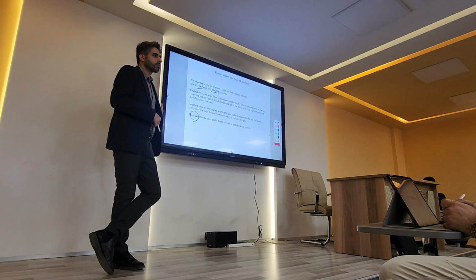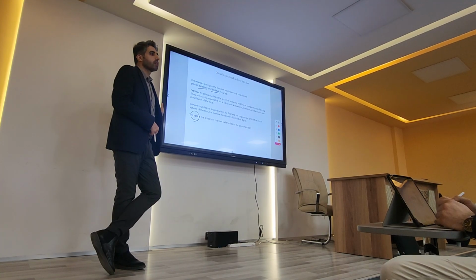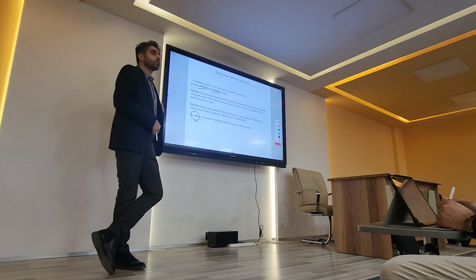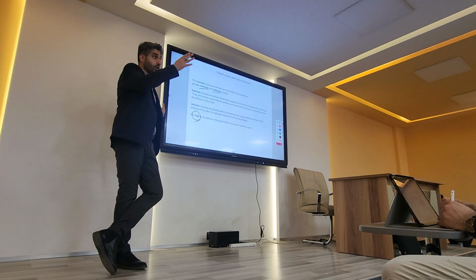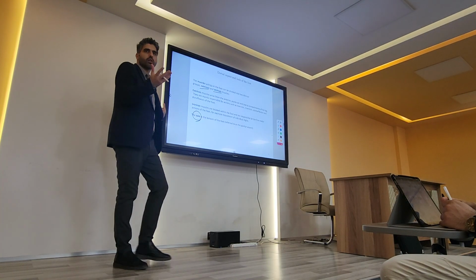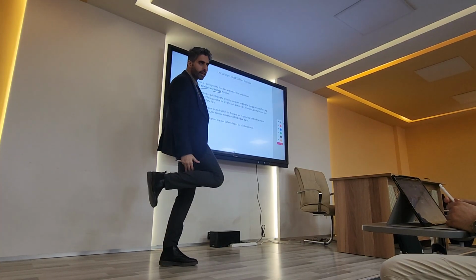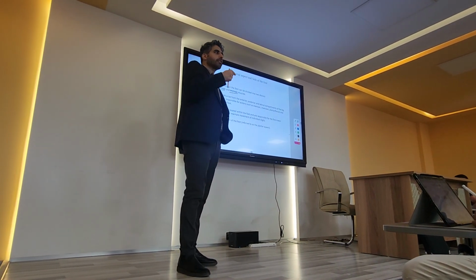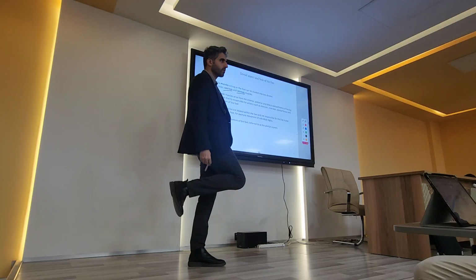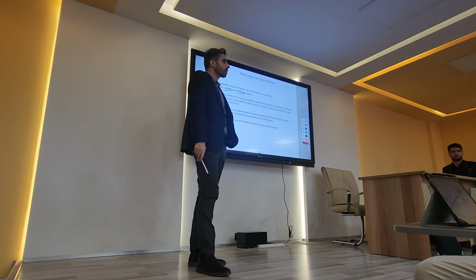Tibialis posterior. Flexor digitorum longus. Flexor hallucis longus. Peroneus longus, very good. So these are 4 muscles. 3 from the posterior side of the leg: flexor digitorum longus, flexor hallucis longus, again posterior compartment,